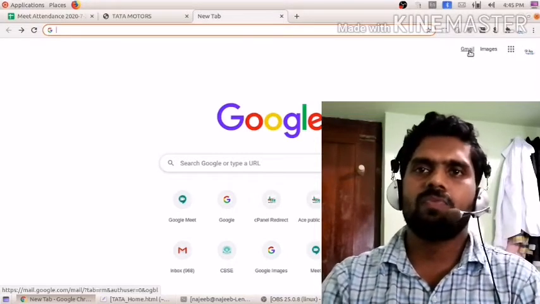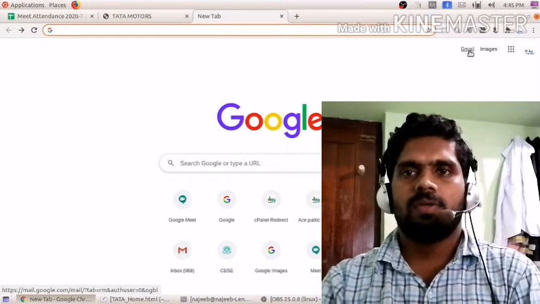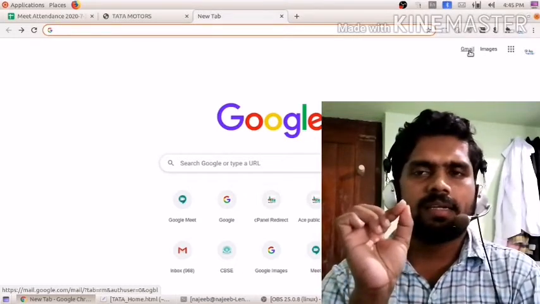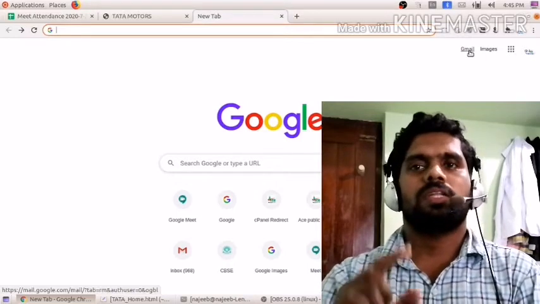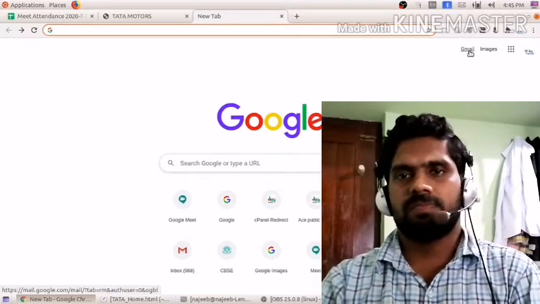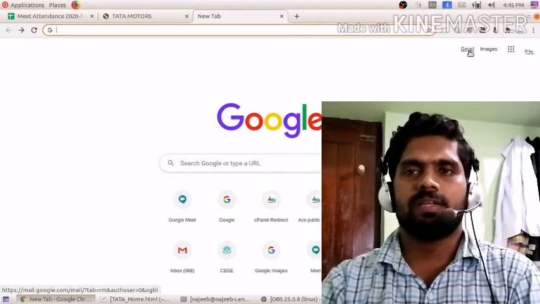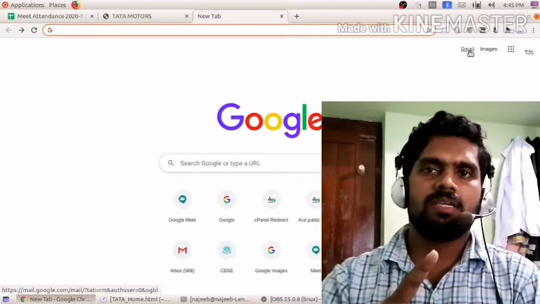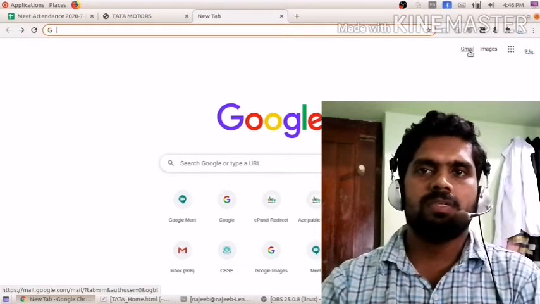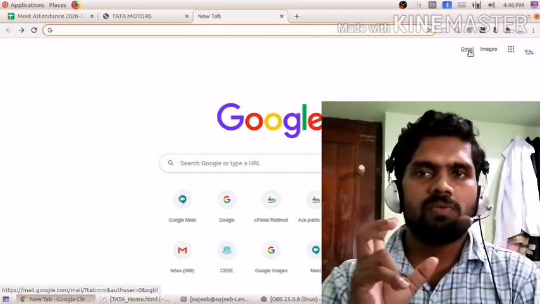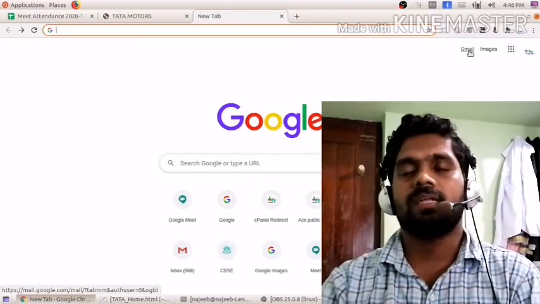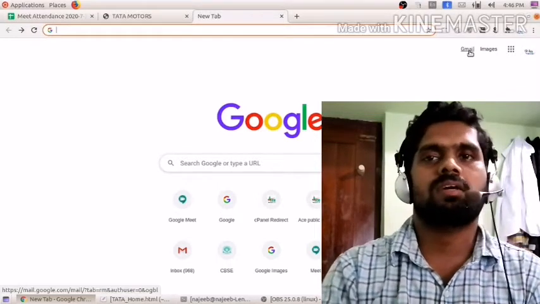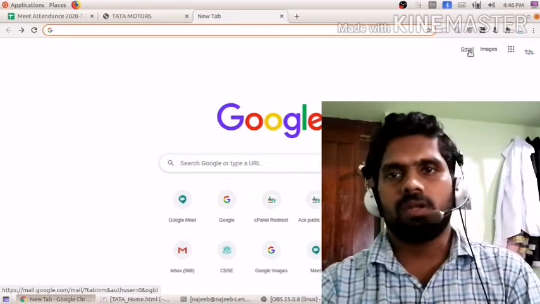So what is the purpose of a link or hyperlink? A hyperlink is a text, but when we click on that text, it will move to another page. Here we are creating some web pages, website creation. If we want to move from one web page to another web page, at that time we can use some links. So such text is called a hyperlink.